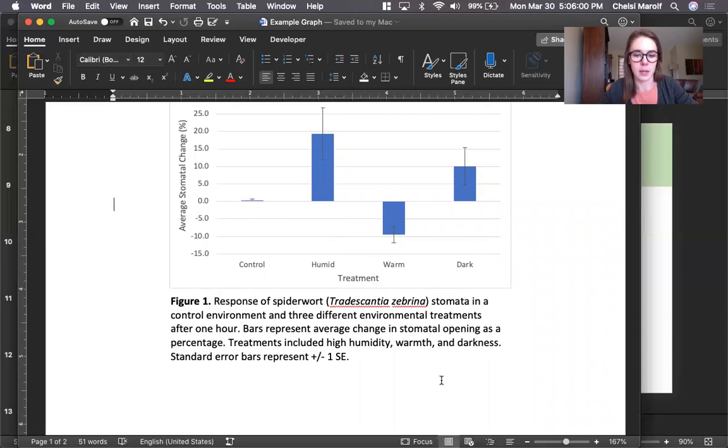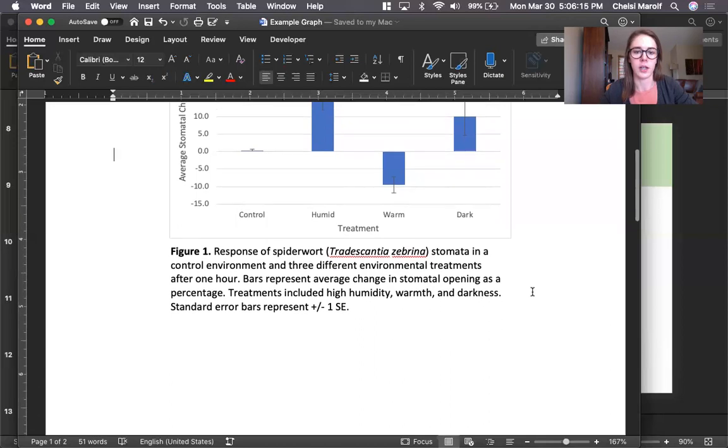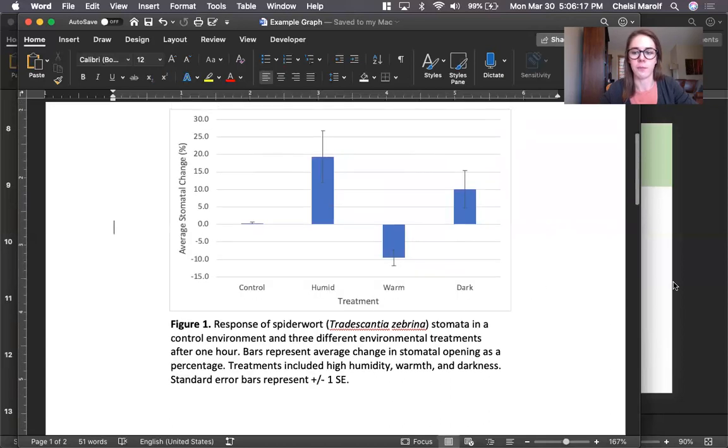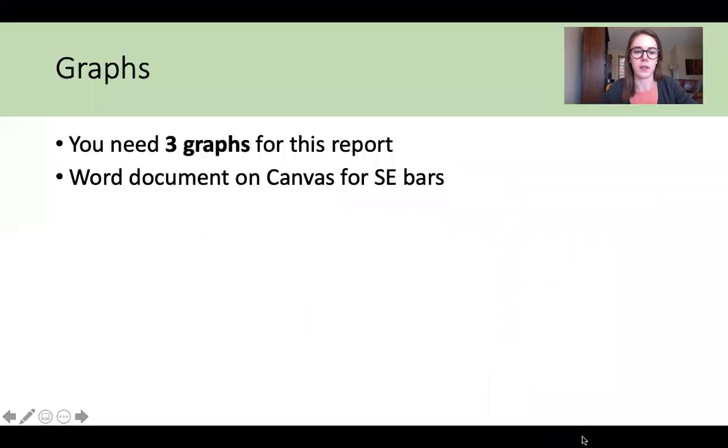Dr. Robbins has an example of a caption in that PowerPoint. You can look at this one in my PowerPoint. There's another one in the manual from your first actual lab exercise. So you have a lot of options that you can go to look for details on what you need to include there. All right,